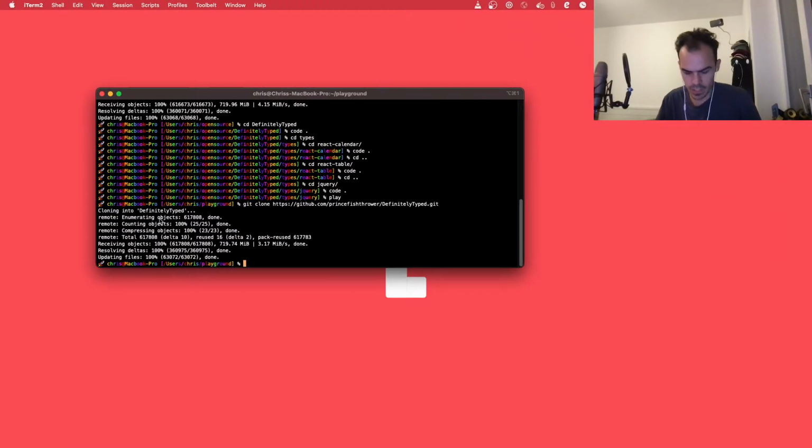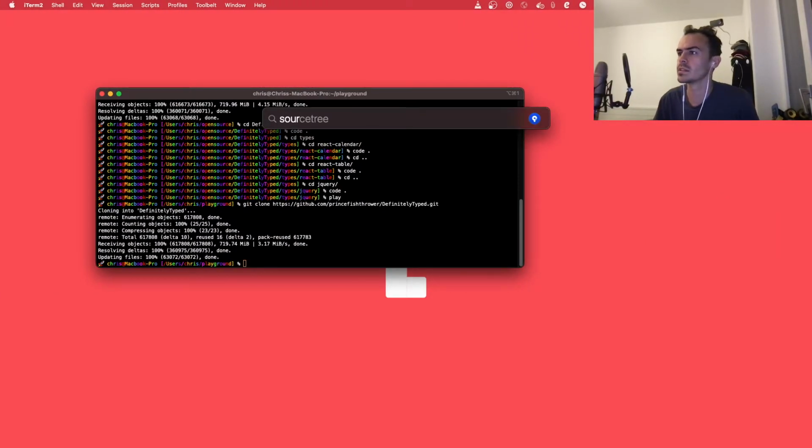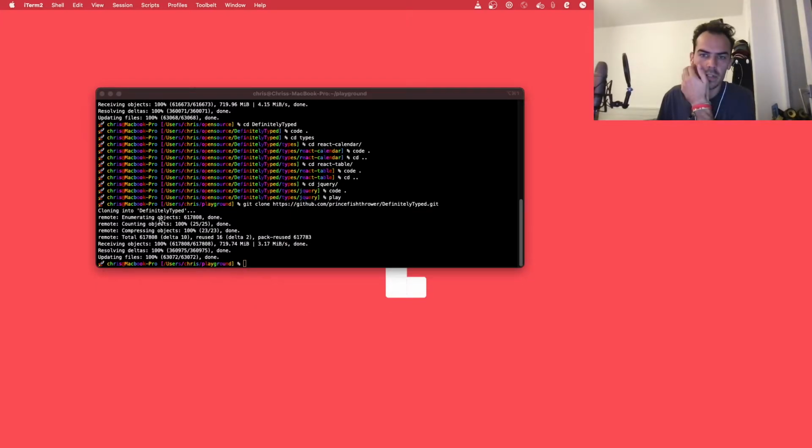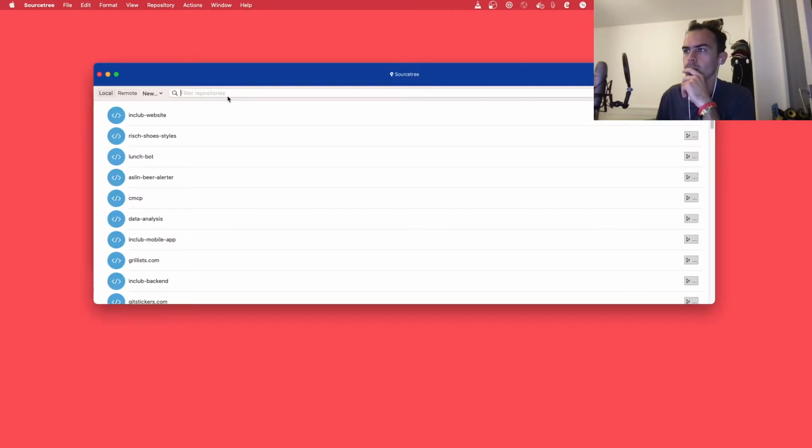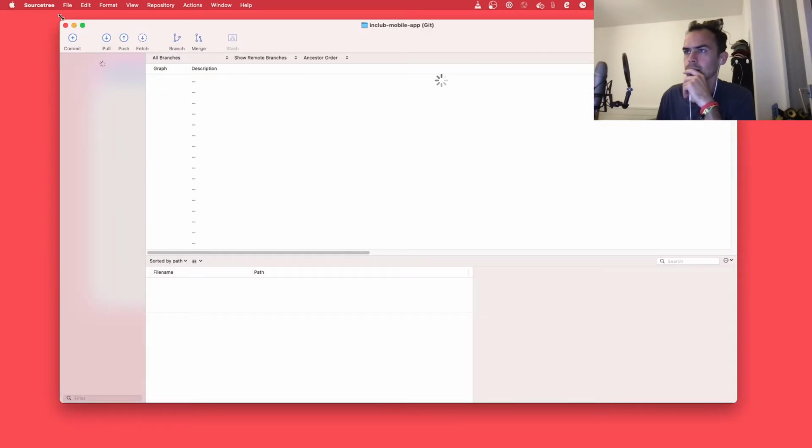Of course I can. Alright, let me pop into SourceTree here. I gotta use the GUI because I'm just lame. Come on, SourceTree. You can do it. Alright. There it is.